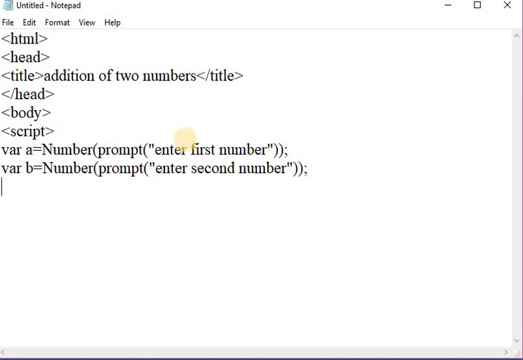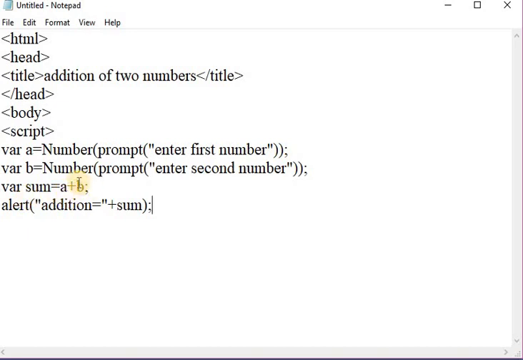Okay, close this prompt method. After that I am taking a sum variable, and in that sum variable I am performing the addition operation. After that I am taking the alert method or alert box. Here I am displaying the alert message, that is addition is equal to whatever the addition result is, which is stored in the sum variable, meaning var sum is equal to a plus b.